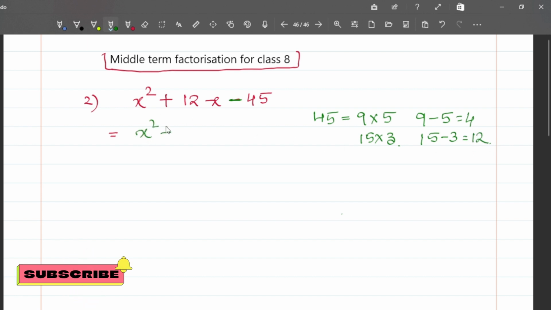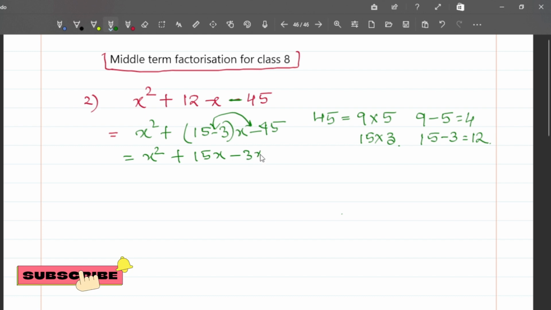So hope you understood where subtraction is to be taken. This sign and this sign are always the same. Now do multiplication very carefully